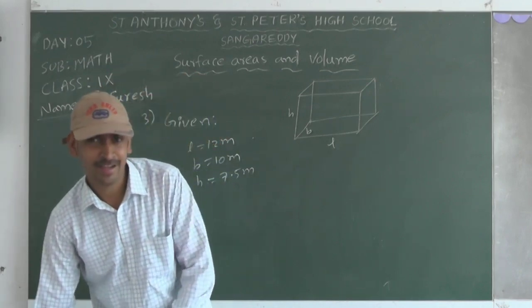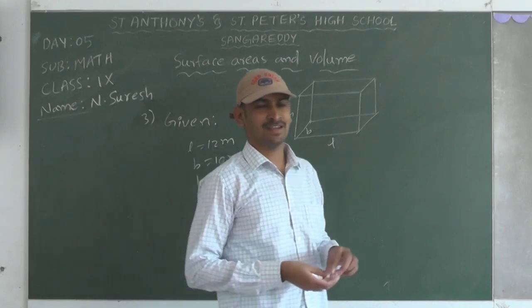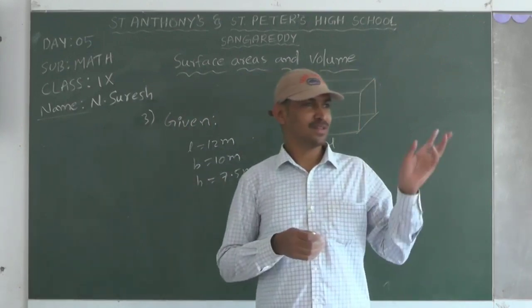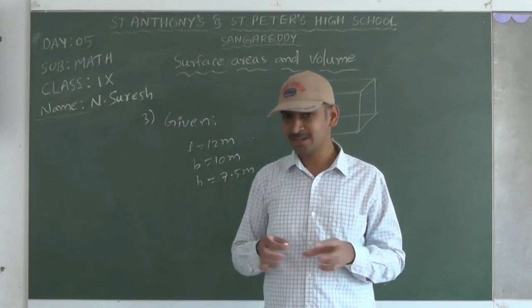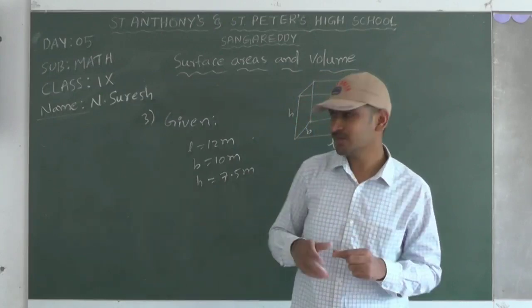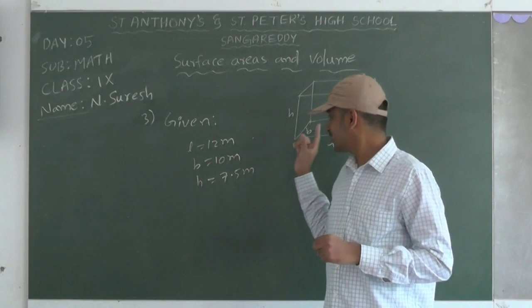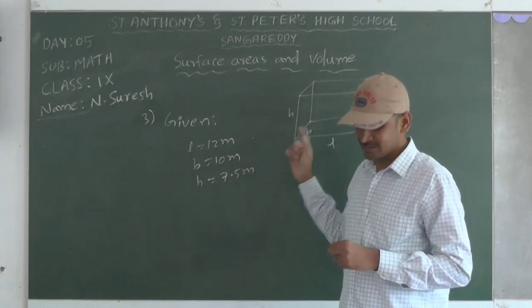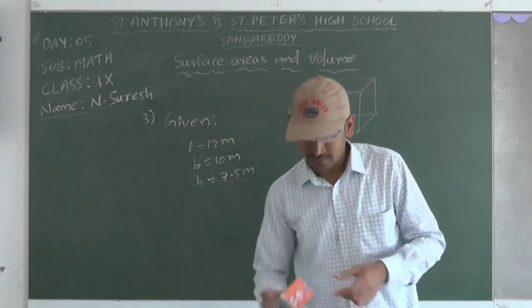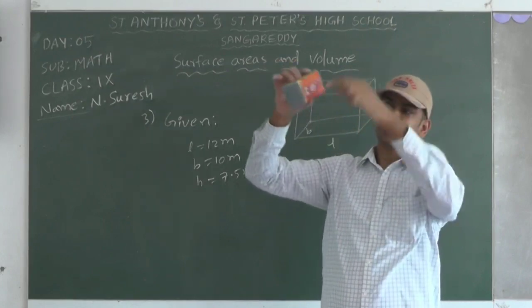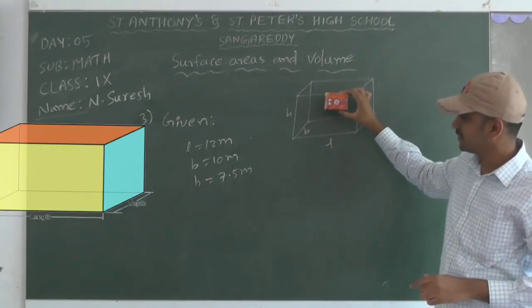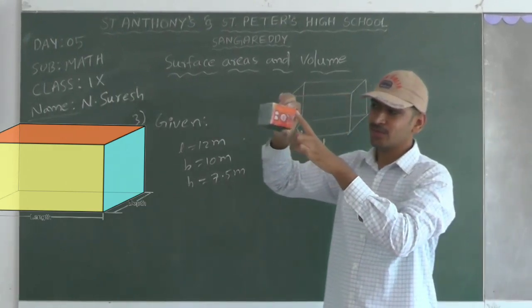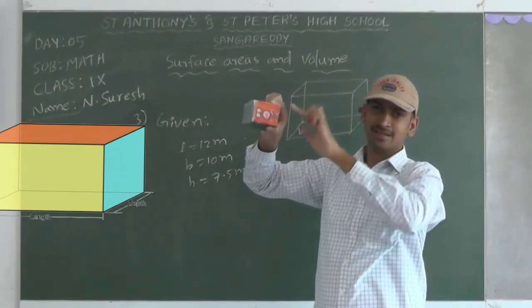Okay. In real life there is no room like that, but it is the given condition. If you take our room, there will be 3 windows and 1 door. But it is given, we have to consider there are no windows, no door. So we have to take the areas of the 4 walls. Nothing but, if you consider it as a room, it is in cuboid shape. So we have to find the area of the 4 walls. This back side and this side.